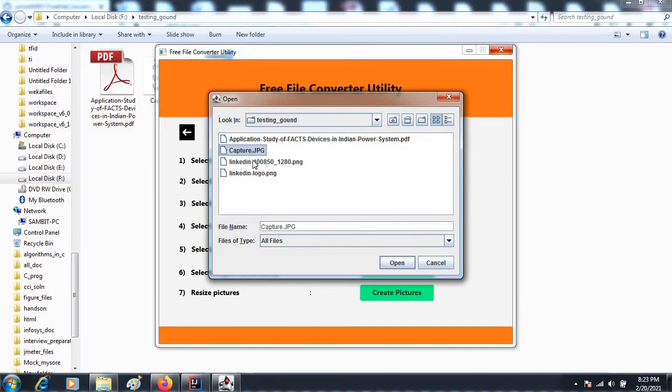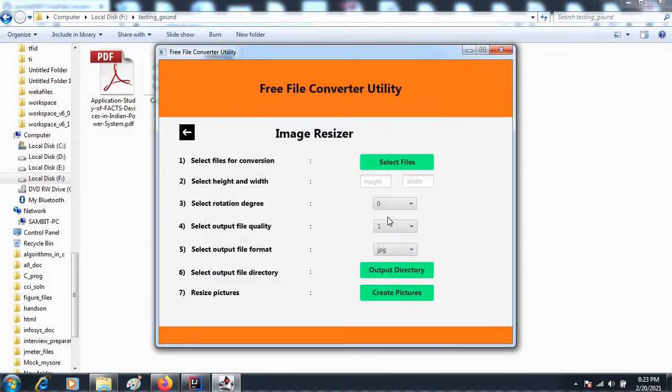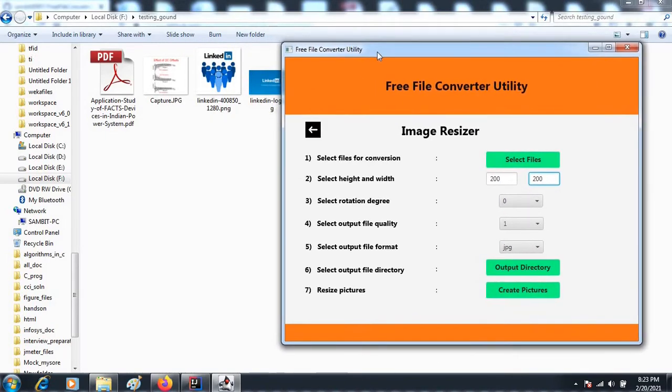Here I will select these three JPG and PNG images, open them, and maybe I want some arbitrary values, 200 height and 200 width. Of course it won't match the specifications that are there originally in the images. It will scale them accordingly,